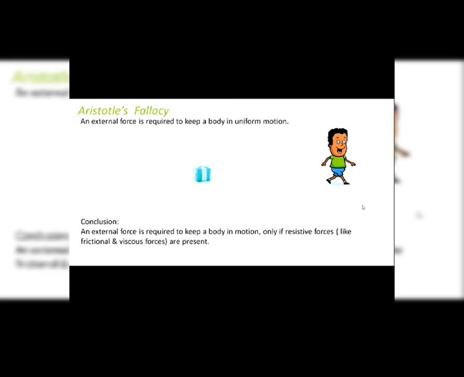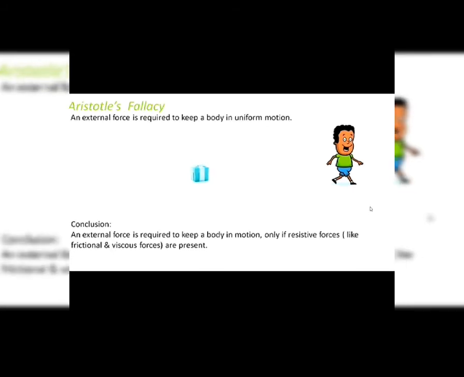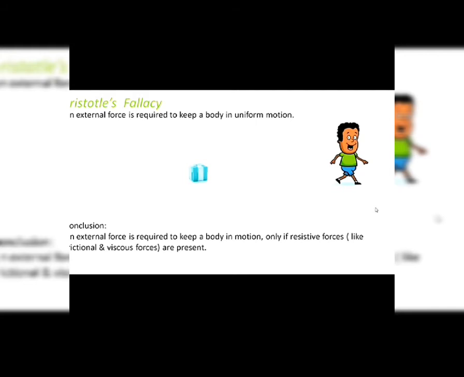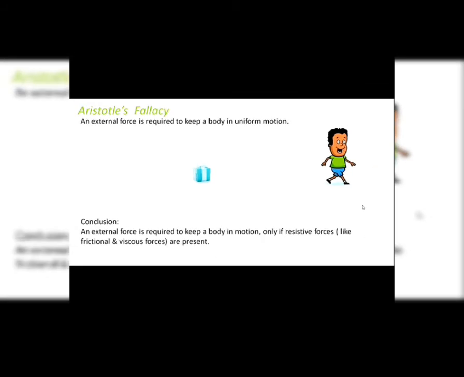Let's imagine a situation where you don't have any frictional force, that is, the surface is extremely smooth and slippery. In that case, what would happen? Do you think that an external force would be needed to move the body? No, because there is no force now to stop the body. So the body will move on its own. When there is nobody to stop the body, you don't need anybody to oppose the frictional force, because the frictional force itself is not there.